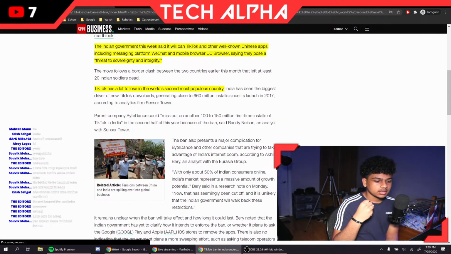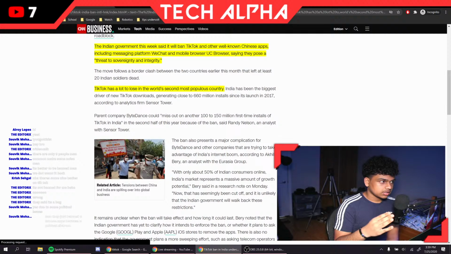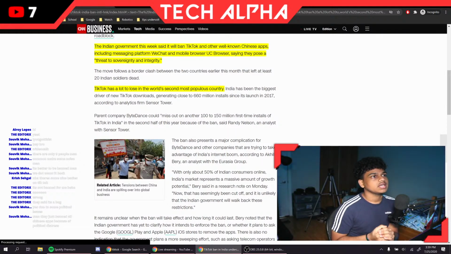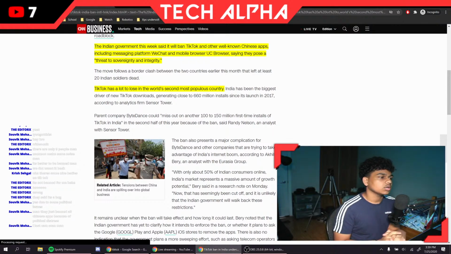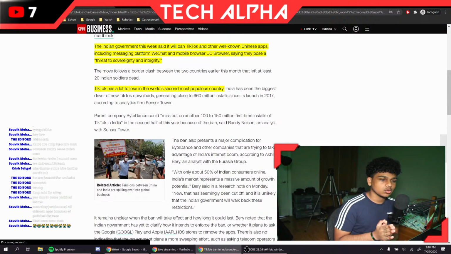So basically, here's the thing, right? WeChat is basically, how do I say this? WeChat is like a WhatsApp, Viber, Messenger version for Chinese users, right? Because they basically don't have access to every single app that we have access to.